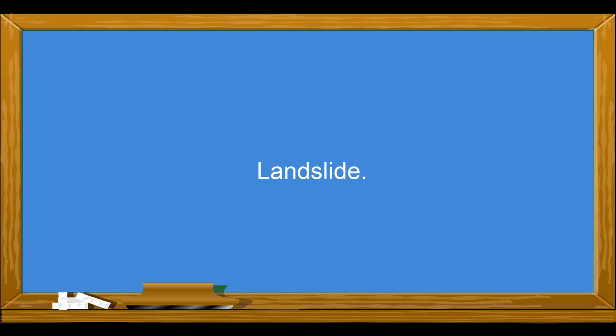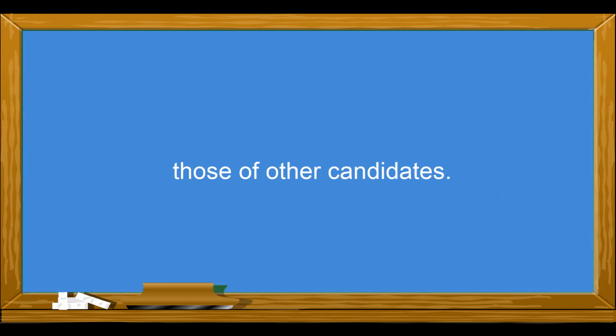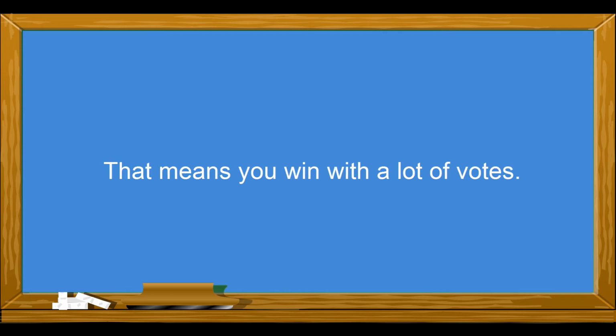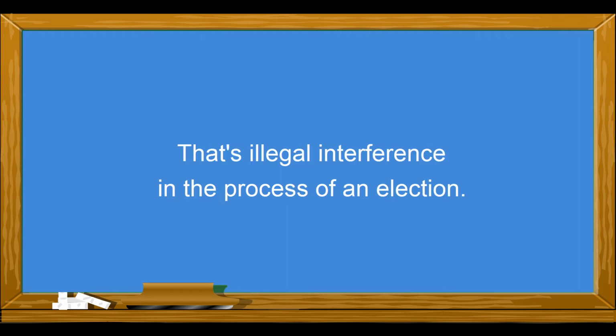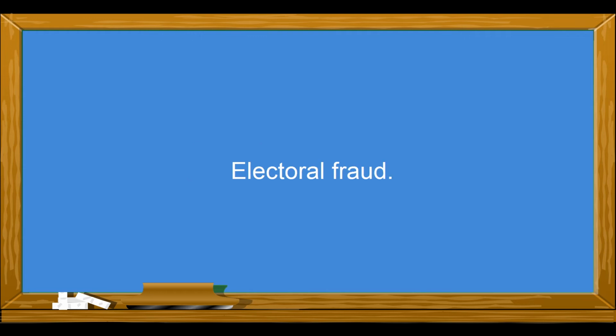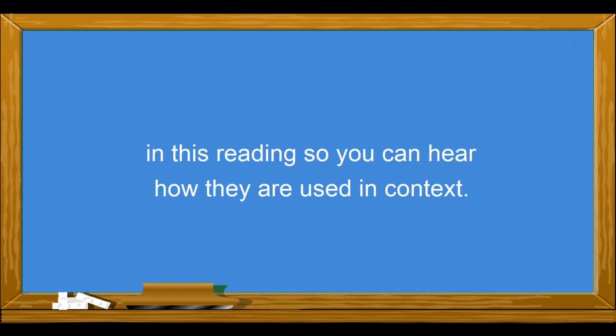Landslide. A landslide is a victory in which one candidate's votes far surpass those of other candidates. You win in a landslide. That means you win with a lot of votes. Electoral fraud. That's illegal interference in the process of an election. All right, now listen for those words in this reading so you can hear how they are used